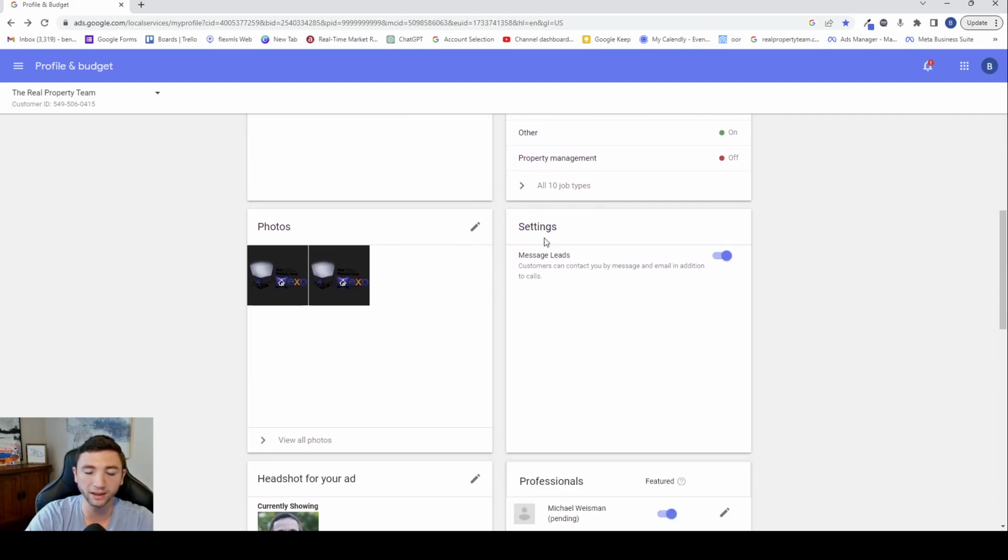I'll touch upon the settings here for the message leads. I find it a little bit tricky to have message leads on because people will spam you and scam you all day long, and it's really frustrating to have to keep coming back into your account and disputing the leads that are bad, and they don't always get approved by Google, so it can really just be a very costly setting to have on. I leave it on, but I'm also really careful about what I dispute on here and